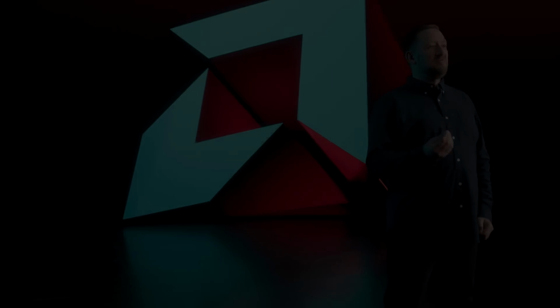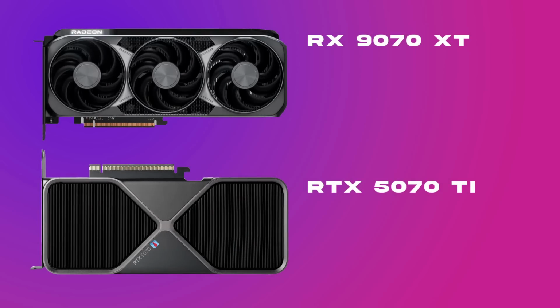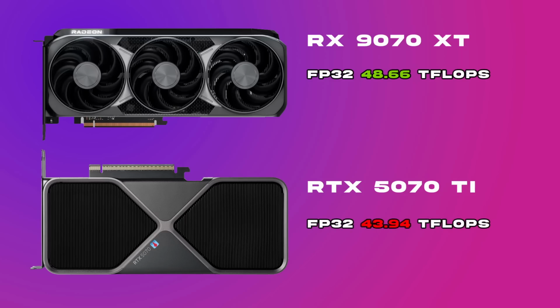It's also somewhat strange that the 9070 XT has a theoretical FP32 maximum of 48.66 teraflops, while the 5070 Ti is significantly less at 43.94 teraflops, but the 5070 Ti is on average almost 10% faster than the 9070 XT in most reviews. And if we were to test competitive shooters like Counter-Strike 2 and Valorant and War Thunder, etc. only, I think the 5070 Ti would be consistently 50% faster than the 9070 XT while having this lower theoretical